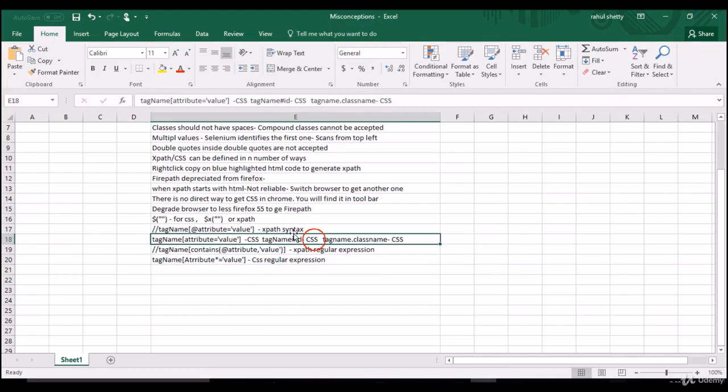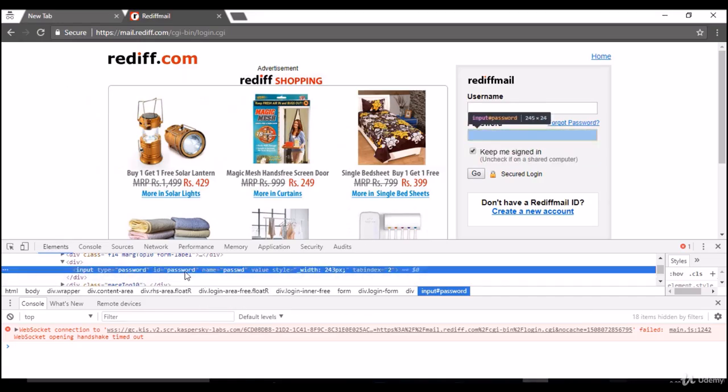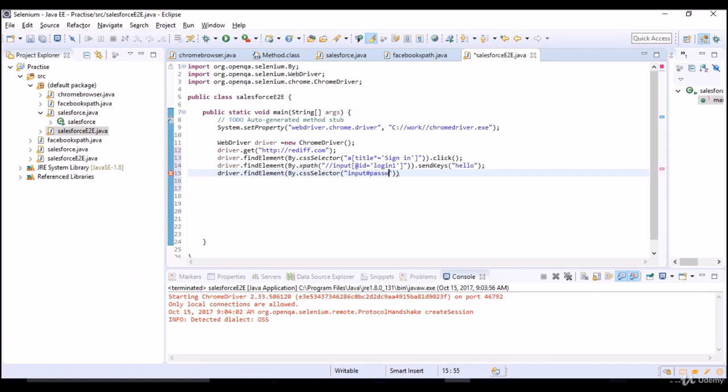Yeah, this point: tag name hash ID gives us a CSS. So tag name is input hash, and when you check, password is your password dot send keys, you can say goodbye.